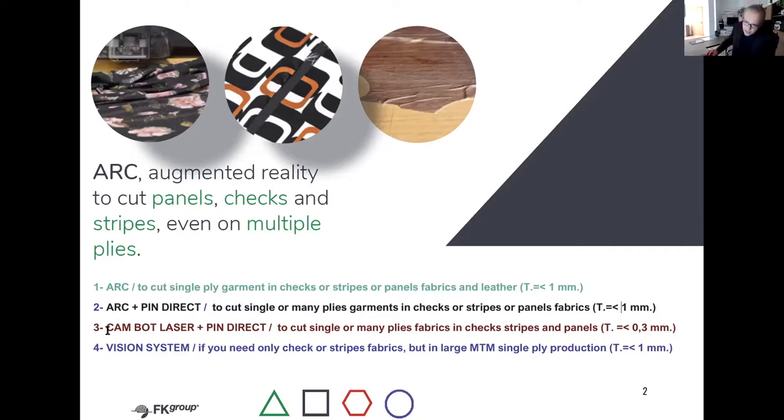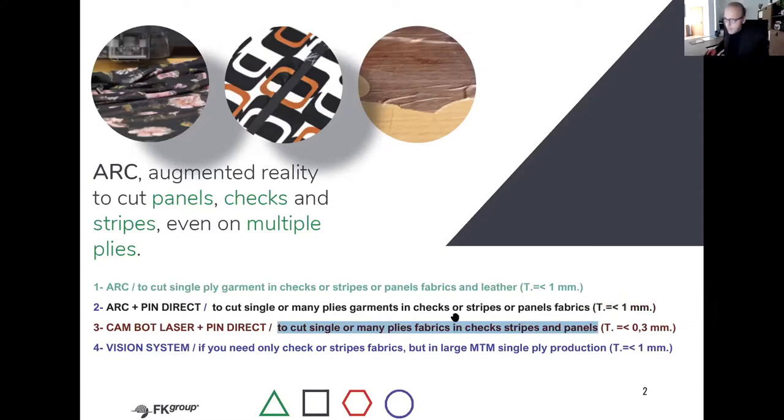Third solution, CAN-bot laser plus Pin Direct. Both CAN-bot laser and Pin Direct are patented by us. It's good for cutting single or many plies fabric in checks and stripes and panel. But the question is why?